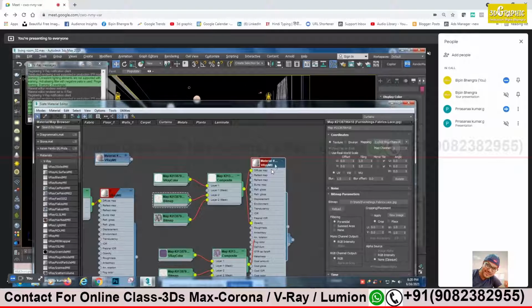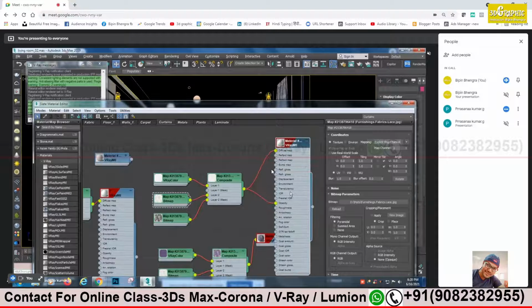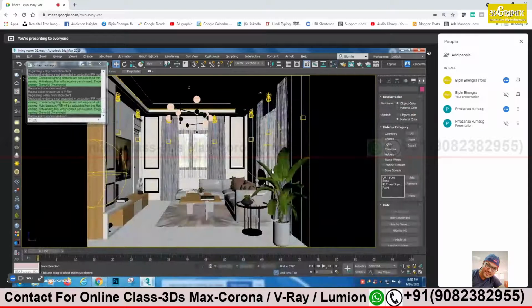You have given the full composite material to opacity. Now don't give that full composite. First remove that and only give this mask layer. Yes, the mask layer, only give that bitmap. Go to that bitmap. Yes, that one. Give that to opacity, single. Okay. Yes. Now see. Yes. Now it's there.